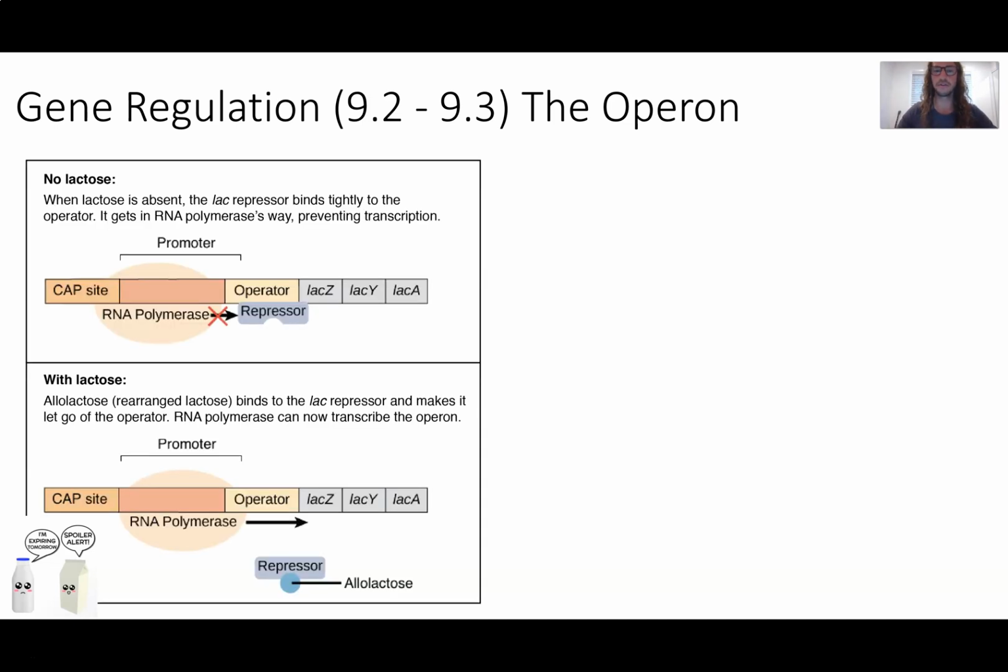I'll pull up this diagram now to talk through these parts. So here, imagine we have a double strand of DNA. On that DNA, there are different regions made up of nucleotides that code for genes. So here we have a region coding for the LAC-A gene, the LAC-Y gene, the LAC-Z gene. But further up the DNA stream, we have this section called the Operon, and it's made up of a few